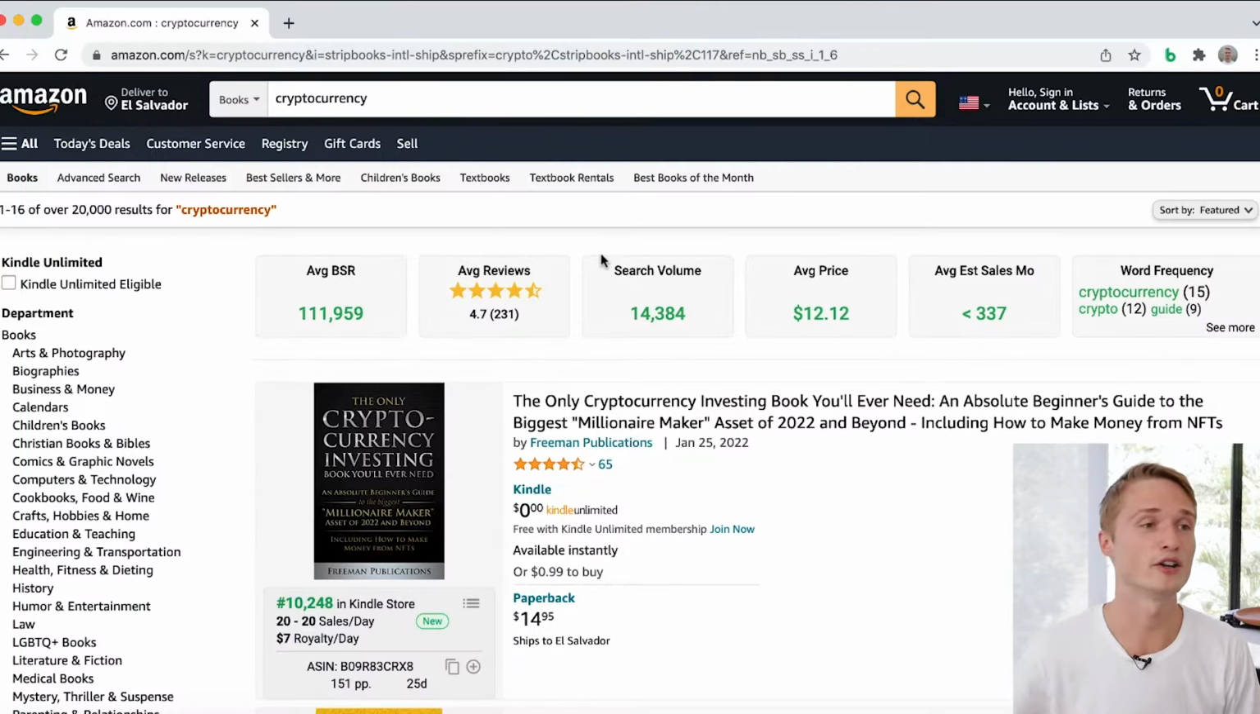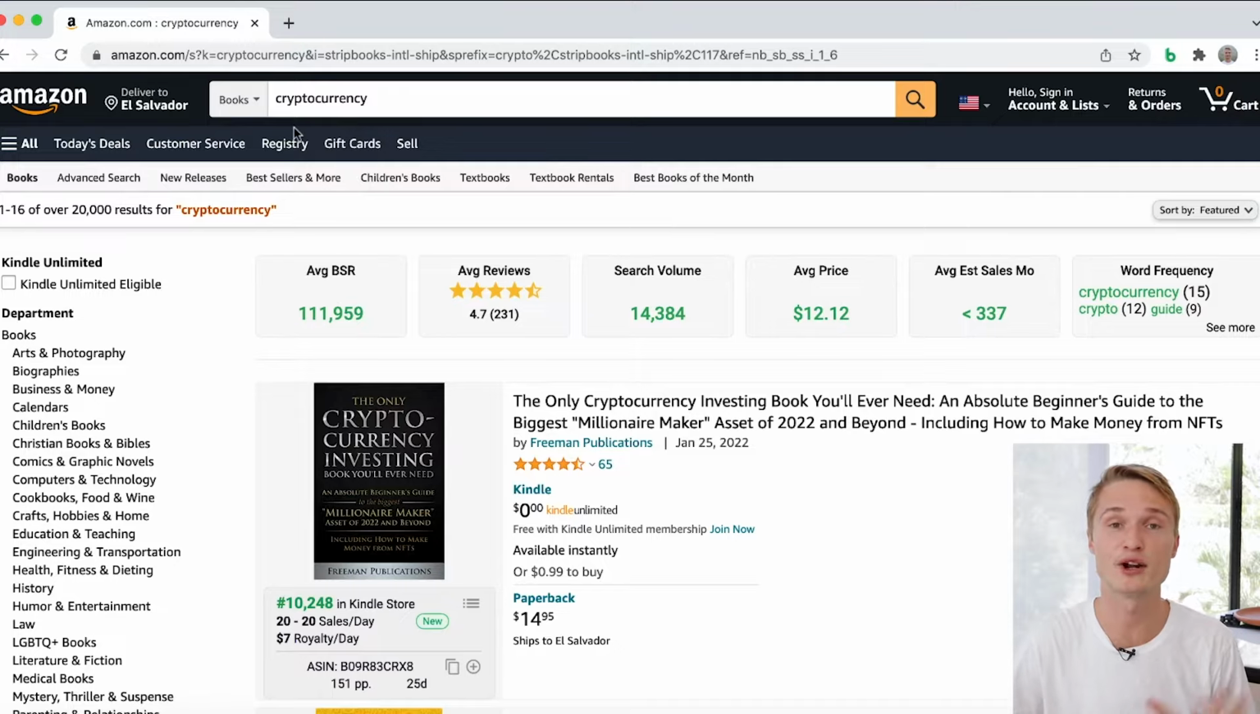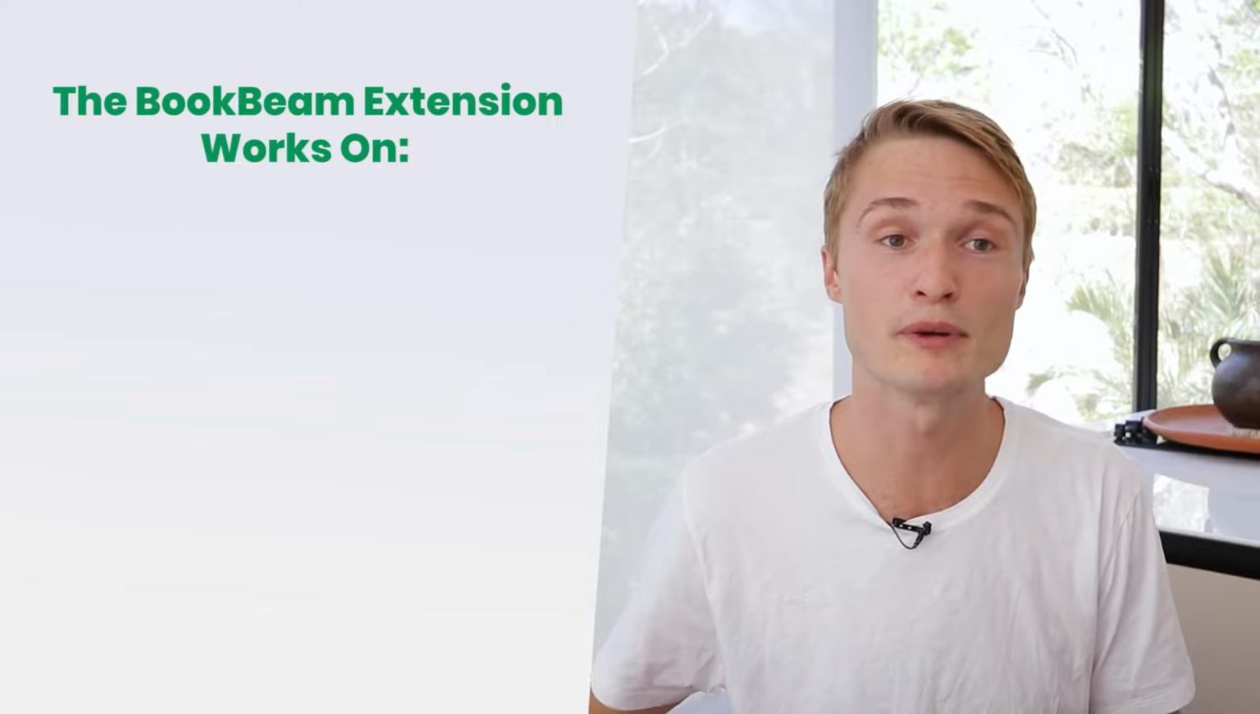All right, so here we are on Amazon. I've typed in the keyword cryptocurrency into the search bar, and I can already see a couple different elements that are coming from the BookBeam Chrome extension, modifying the page, giving me extra info. But before we dive into the nitty-gritty, I also just wanted to let you know that the BookBeam Chrome extension